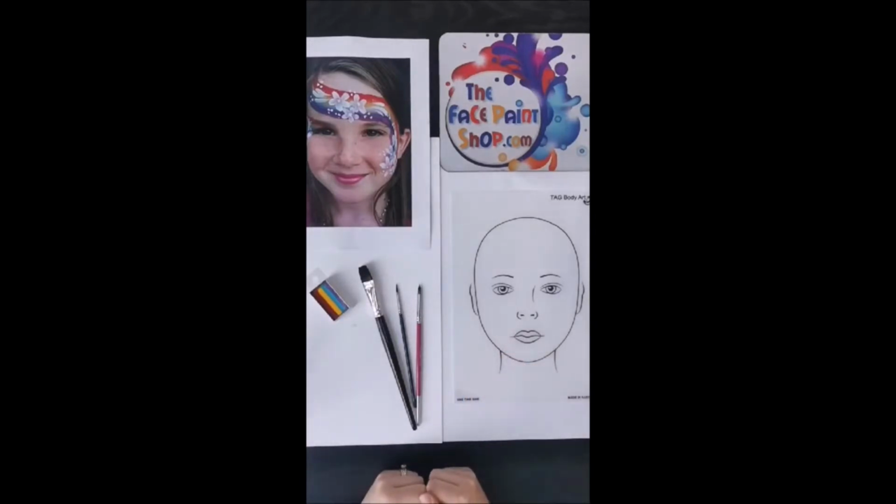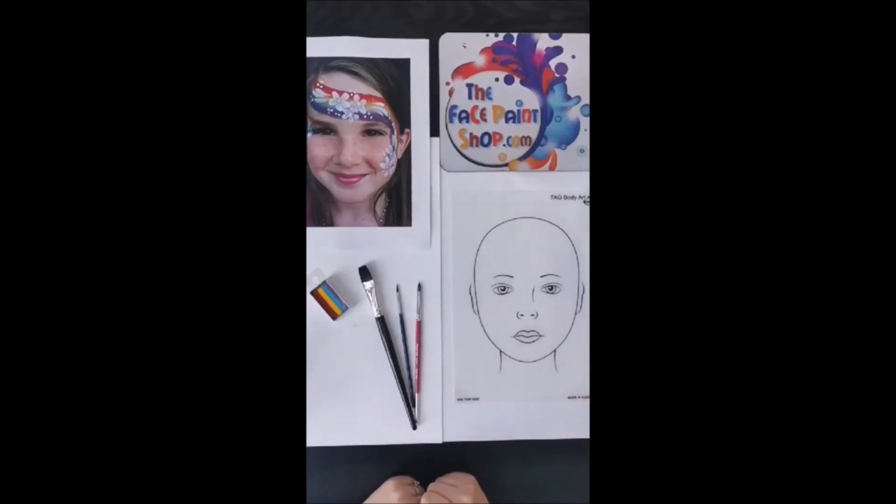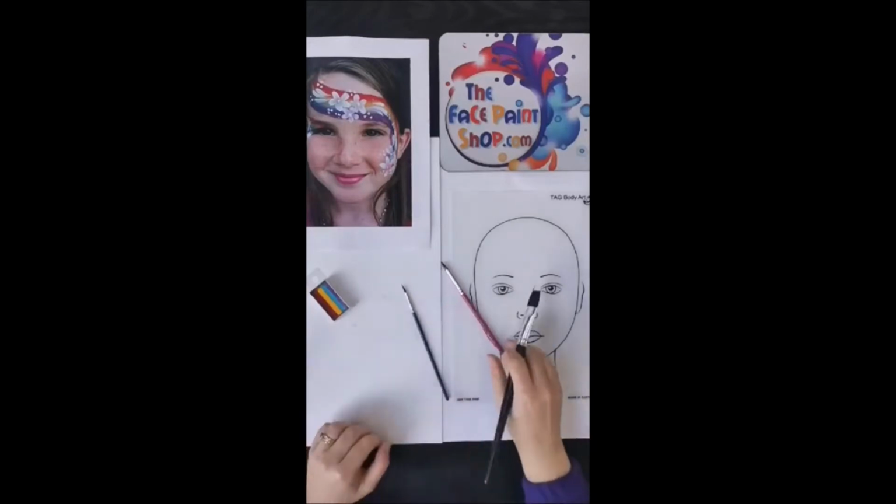Okay, are we ready? Do we have everything that we need? I'll give you a second to make sure you've got those in front of you. So rainbow cake, split cake brush, a nice pretty petal brush of some sort, whatever brand you'd like to use, and a range of colours. Okay, let's get started. So the first thing we're going to start with